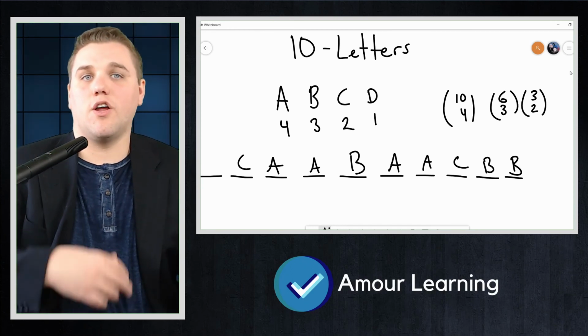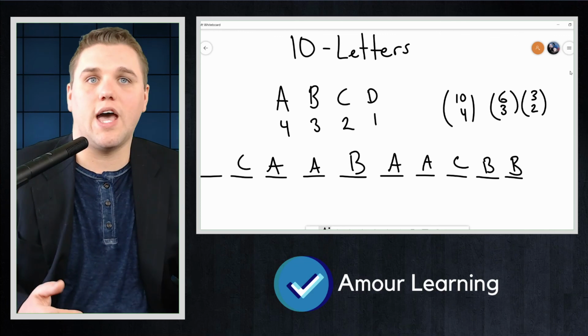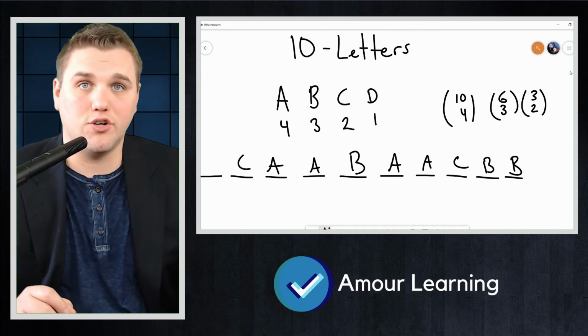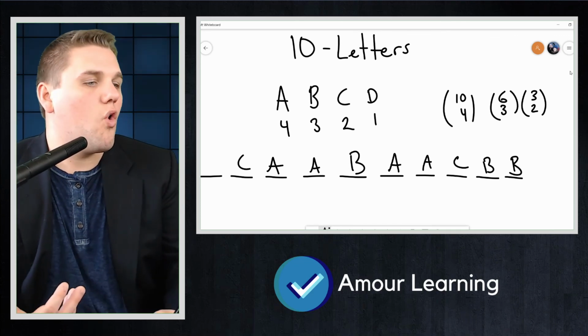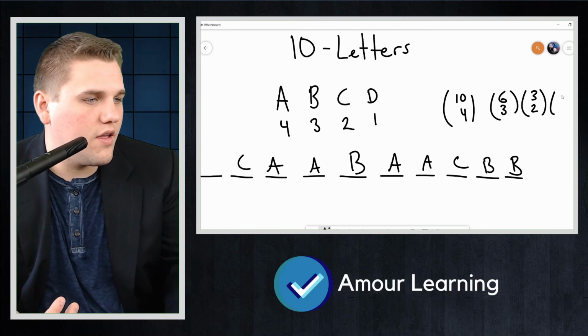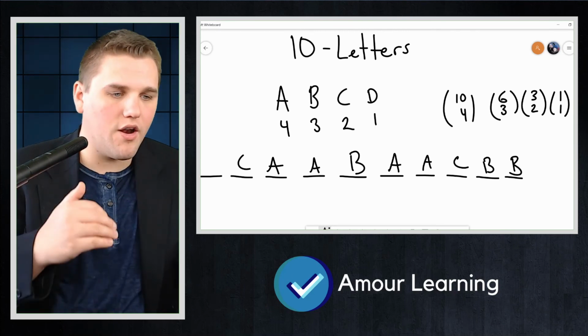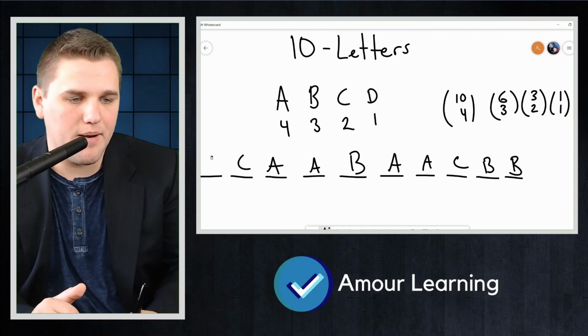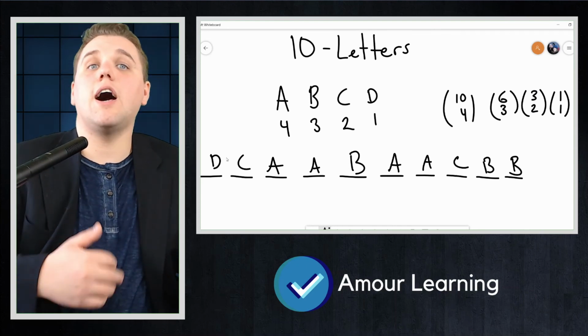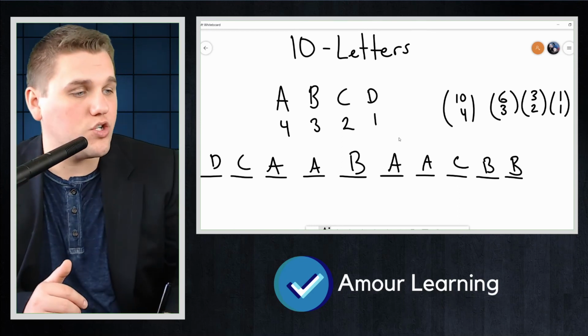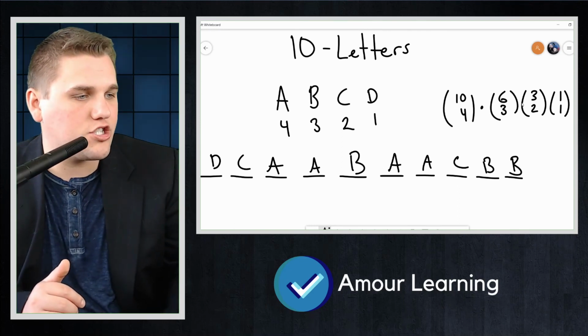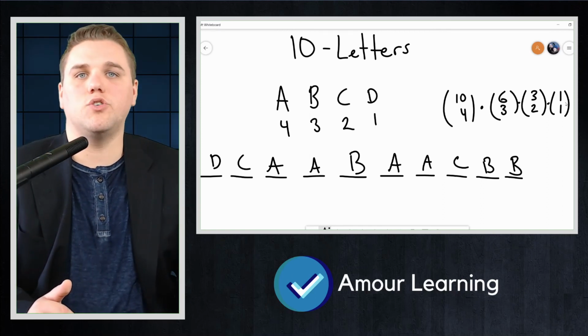That leaves just 1 spot for D, so we have 1 choose 1 ways. Thus, the answer is 10 choose 4 times 6 choose 3 times 3 choose 2 times 1 choose 1